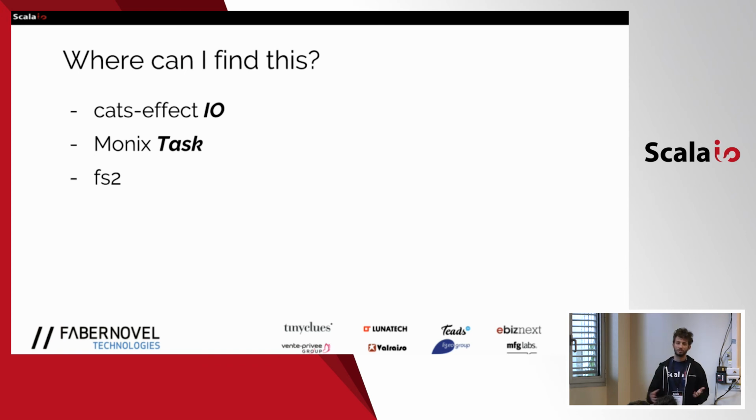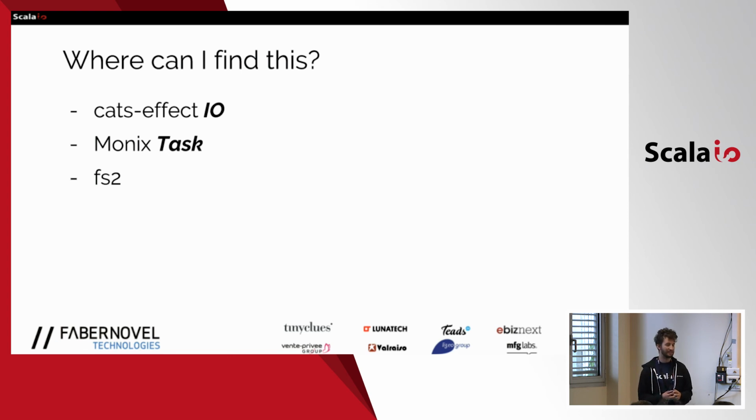Okay, so where could I potentially find this in real life? Cats Effect IO is probably the most sophisticated answer to this simple problem. But there's also a Monix task, which goes a bit further and has these finalizers built in. So the whole problem which we saw about ScalaZ 7's task, Monix task has solutions for these kinds of things. And then there's also FS2, which offers some additions to the Cats Effect IO class, but